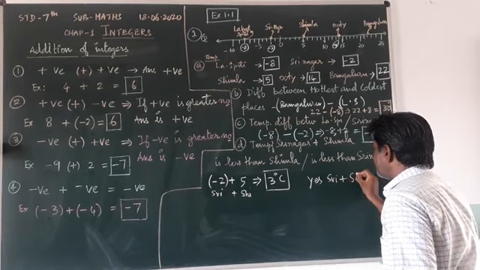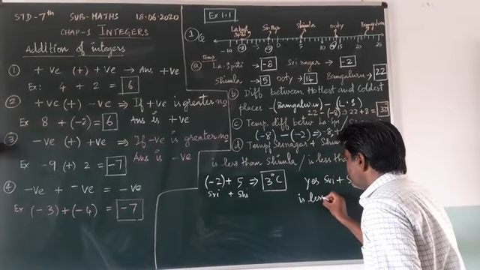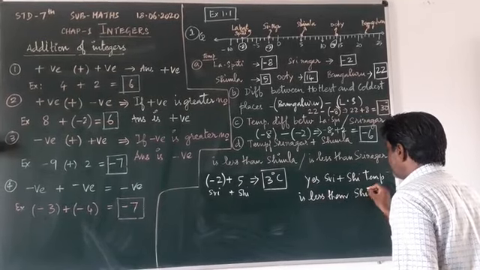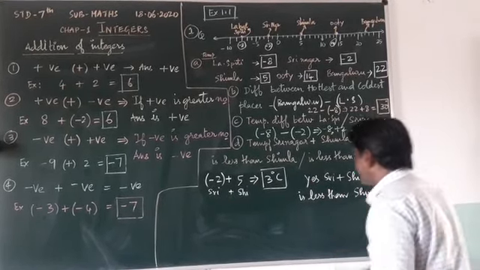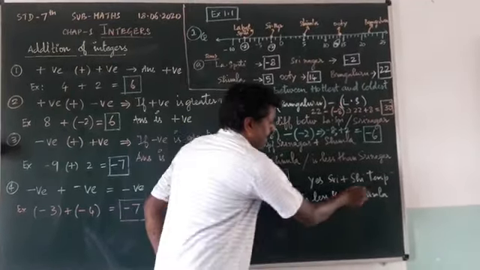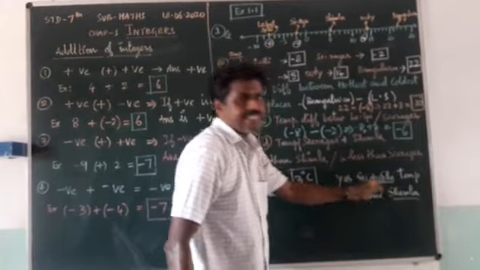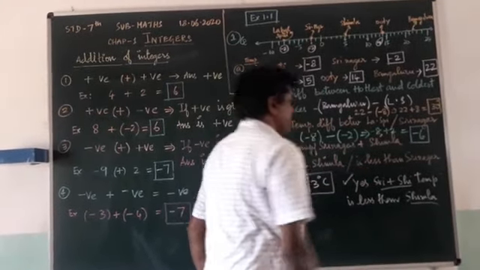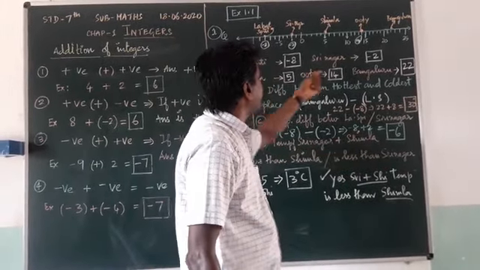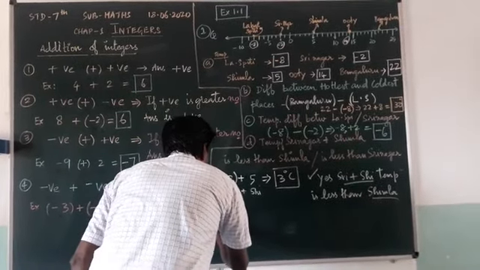Srinagar plus Shimla temperature is less than the Shimla temperature. Understood? Yes. Adding both, you are getting 3 degrees. Shimla temperature is 5 degrees. So it is less than. True. One is true. And the second one they are asking is whether this 3 degrees is less than the Srinagar temperature. Where is Srinagar? Minus 2. Second condition: no.